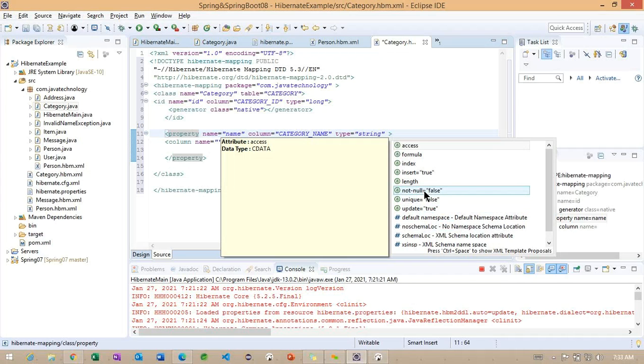And not null is nothing but we want to make this field required. So unique, if we want the name of the category name to be unique, we can make this particular unique true. So these are the default values specified here, and if we want to make changes, we can work on exactly the opposite of these boolean values.